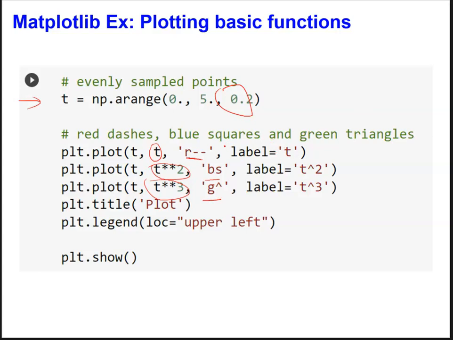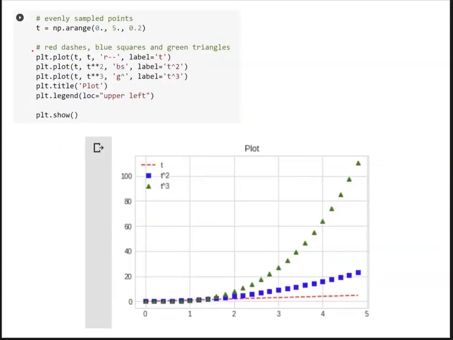And you can also add labels to the line. So you can see I'm adding the relevant labels over here. You can put a title, a legend over here, and then plt.show is going to show you the plot. So this is that same program, and now you can see these labels are just telling you what each line is as a function of. So this is a linear function, the square is a parabola, and this is a cubic function,